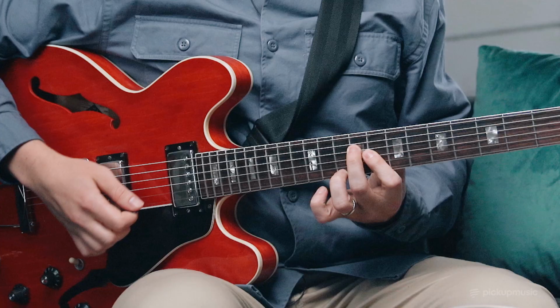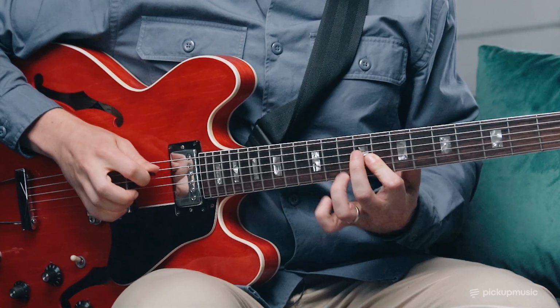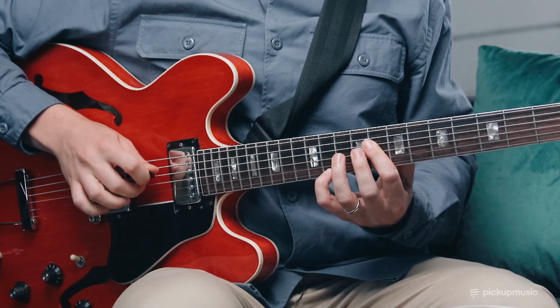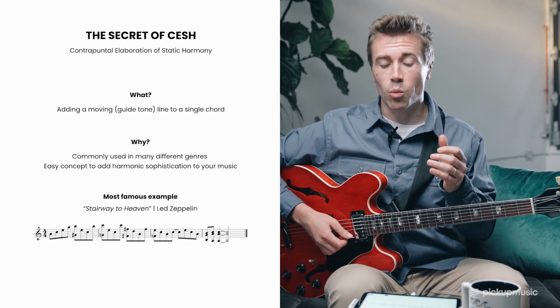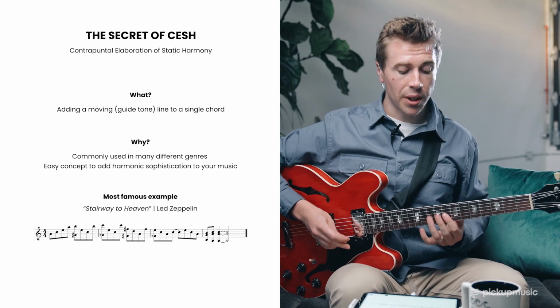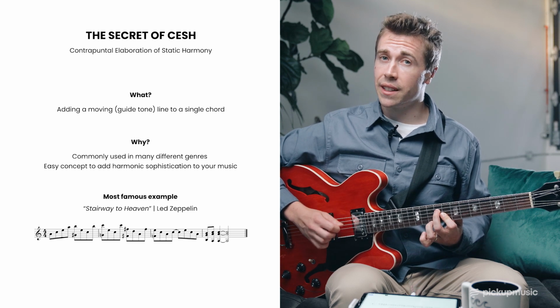So I'm going to talk about CESH, the secret of CESH. CESH is short for contrapuntal elaboration of static harmony, and you probably recognize this chord progression, which is from one of the most famous examples of CESH, which is Stairway to Heaven by Led Zeppelin. Part of the reason why that riff is so iconic is because we have this moving line, a chromatic moving line,